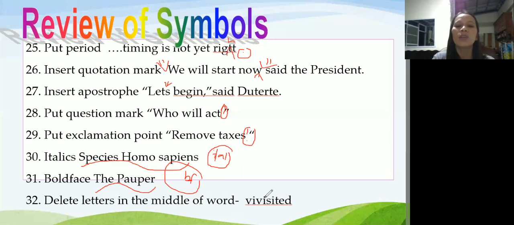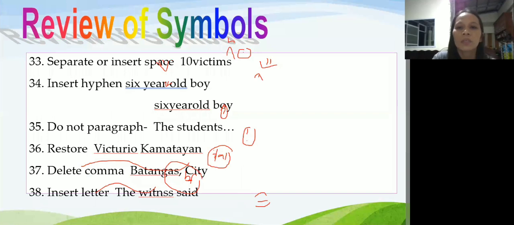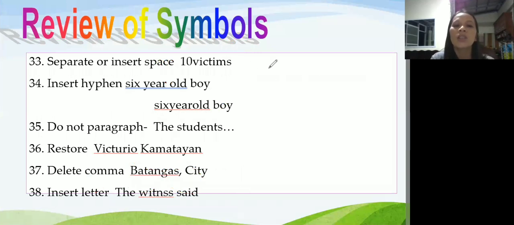Okay, then delete letters in the middle of the word. Pwedeng guhit na lang sa gitna, inyo na lang i-slash ang ganon. And then, close up. Okay. Separate or insert space. Pwedeng slash or pwedeng yung letter Z. Or pwedeng sharp.